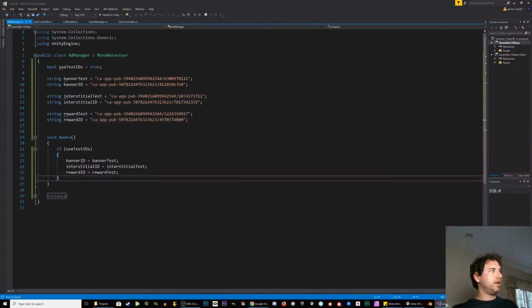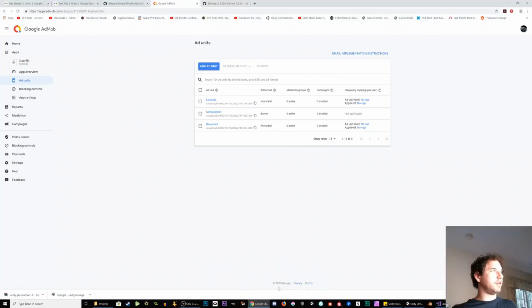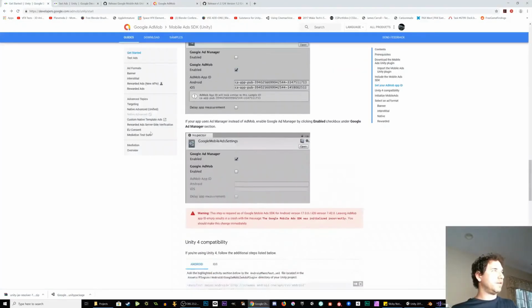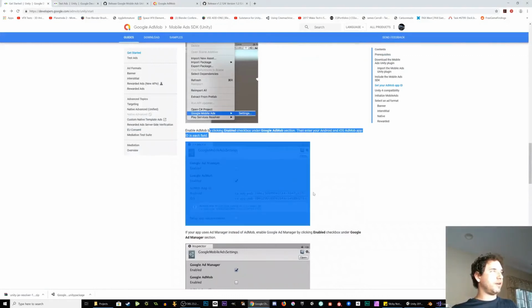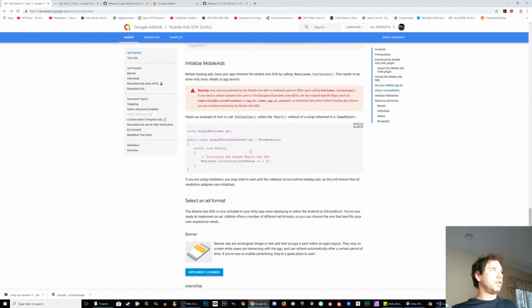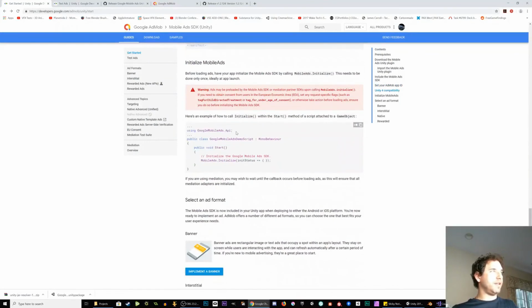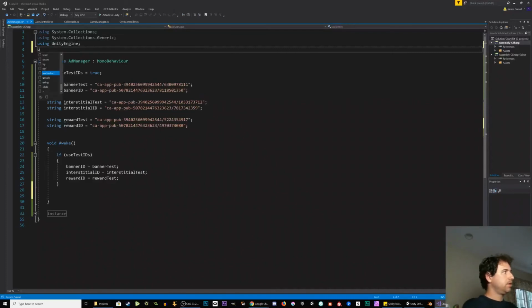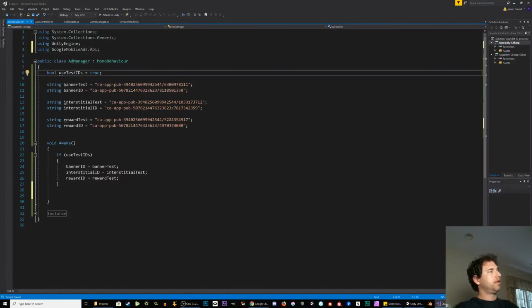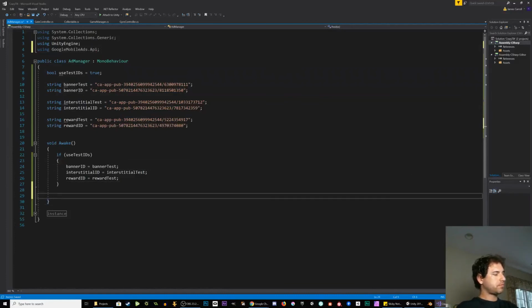Okay, awesome. Now to initialize ads, let's check the guide because this gets really complicated. So enter getting started. We've checked AdMob, we've got our app ID. Initializing ads using Google Mobile Ads.api. In start, mobile ads, initialize status. Okay, sure thing. So let's do using Google Mobile Ads.api. Then we'll say mobile ads dot initialize,